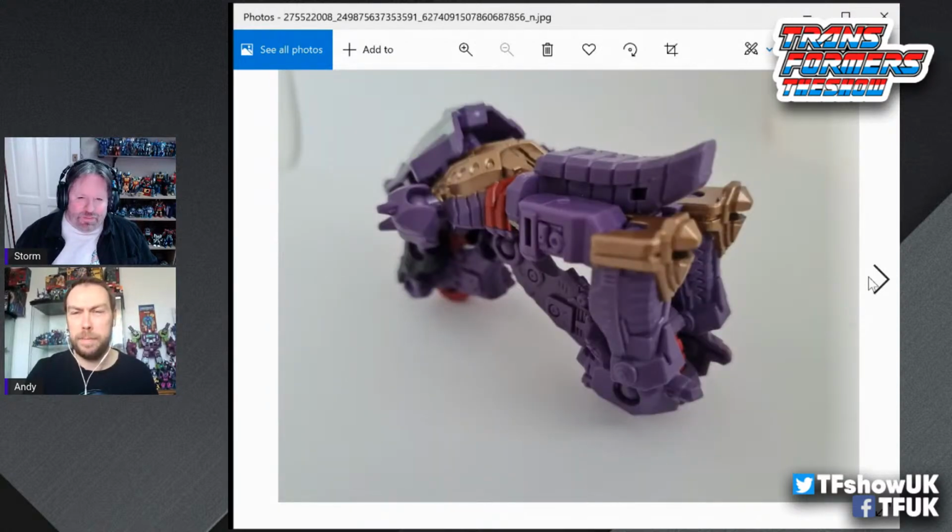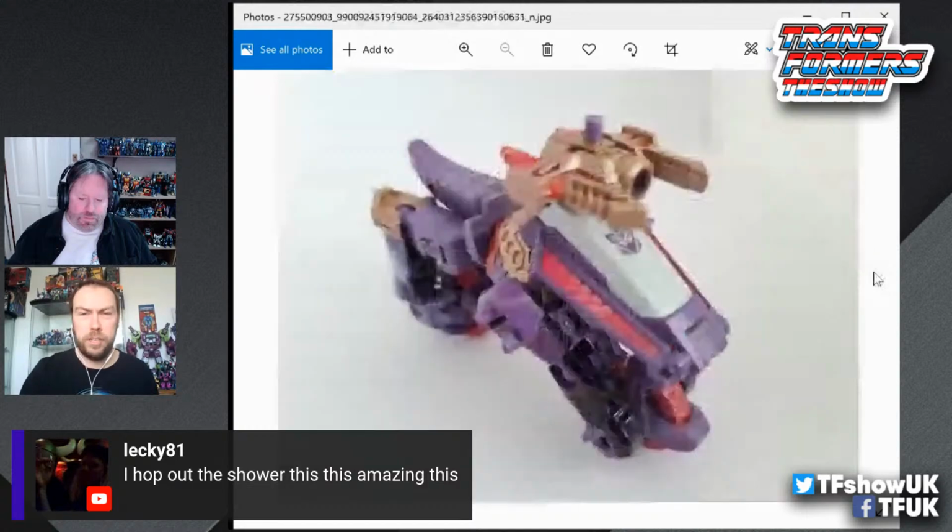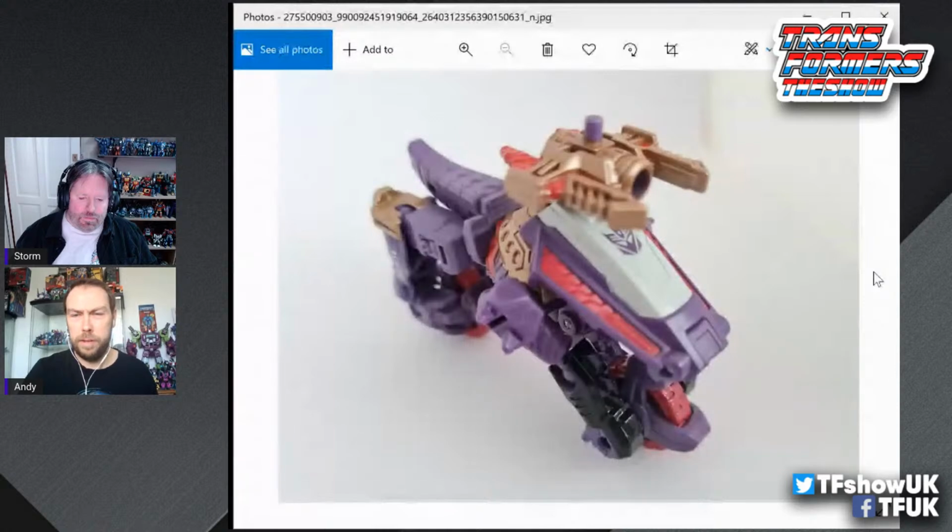Yeah, and you can see how the back legs fold back down. You kind of have to twist the bottom part of the legs and then fold them down, but it all clips in. I mean, the wheels are actually on ball joints, so you can move them around and position them, which is quite clever. And then again, you can attach the weapon to the vehicle mode, so you can drive along or ride along